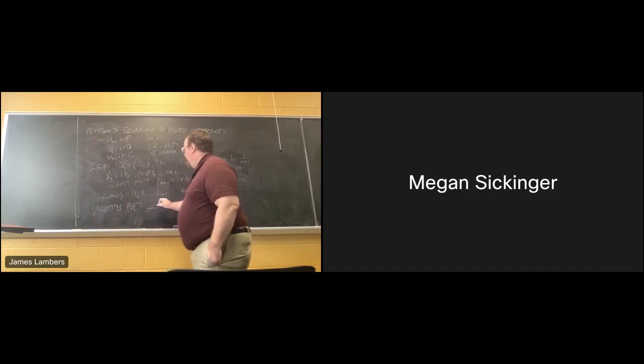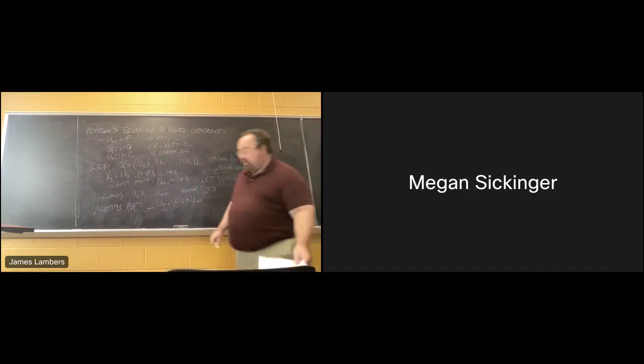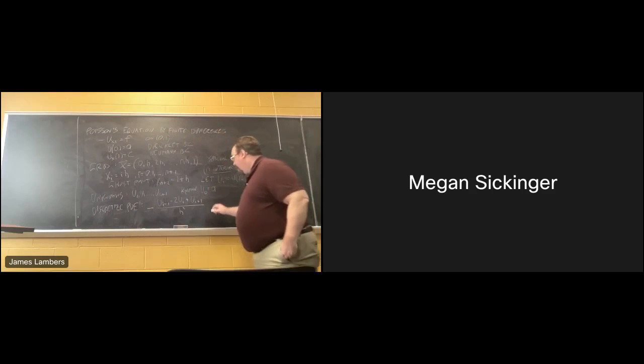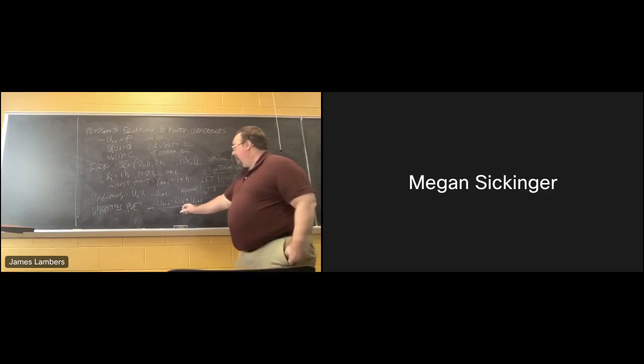We have minus, and then the u_xx is replaced by a center difference formula, u_{i-1} minus 2u_i plus u_{i+1}, all over h squared, plus the error. So all this right here is exactly equal to minus u_xx. And that is equal to the right-hand side, where we're just going to evaluate